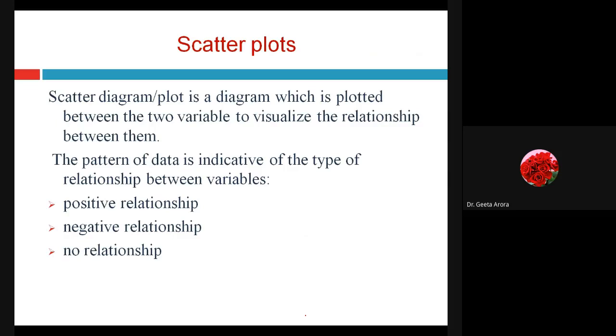Let's start with the scatter plot that we have already started looking at. What is a scatter plot or a scatter diagram? A scatter diagram is a diagram plotted between two variables to visualize the relationship between them. And how are we going to plot it? Whenever data is given to us for two variables, we take the x and y axis and we can plot there. Suppose when we study 2 hours, a student gets this much marks. If a student studies 3 hours, then this much marks come. Similarly, whatever the marks are, I have noted down and plotted them on an x and y scale.